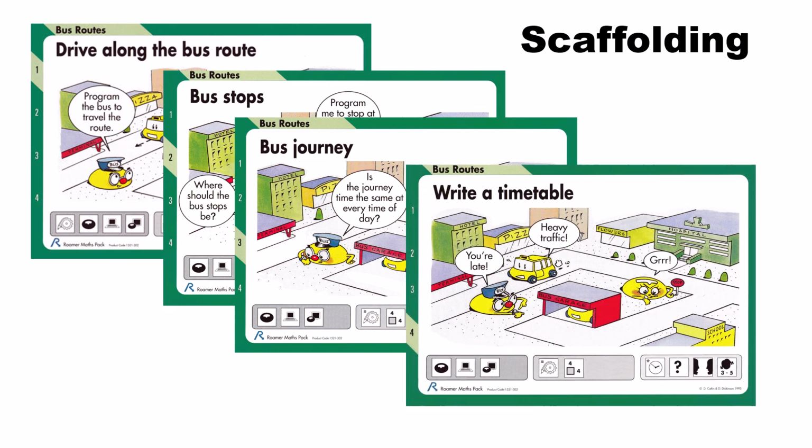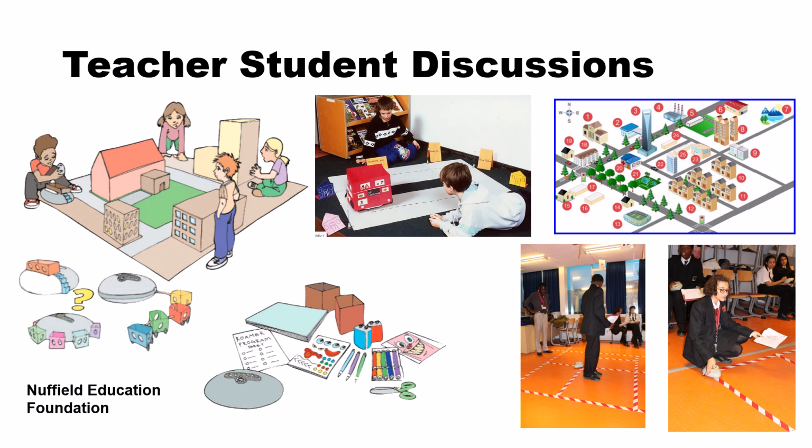The bus project is a good example of this. The Foundation made the project into a design technology task where students had to create the buses, create the houses and roads and program the robot to travel around them. Students in the middle had added bus stops. 14-year-old students on the right had a much more sophisticated task. Their map had factories, sports stadiums, houses, hospitals.